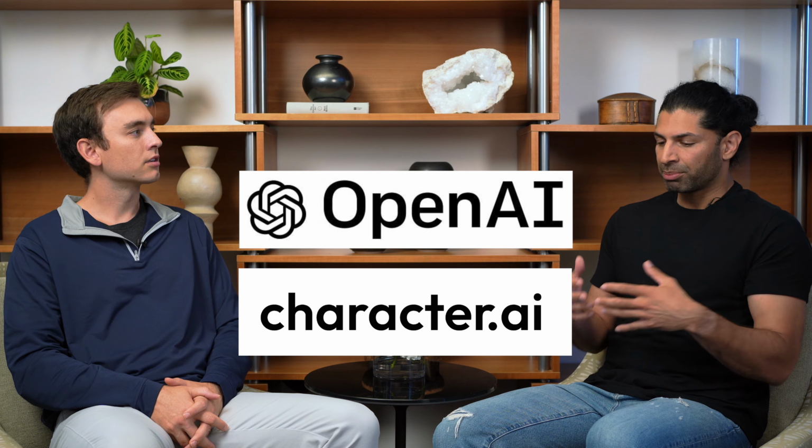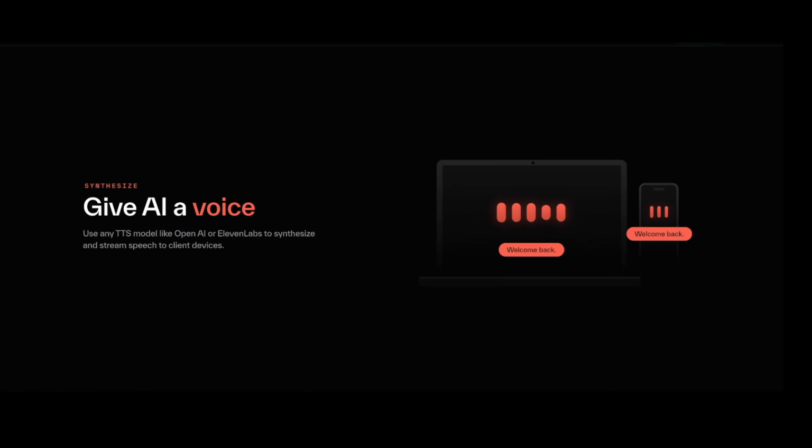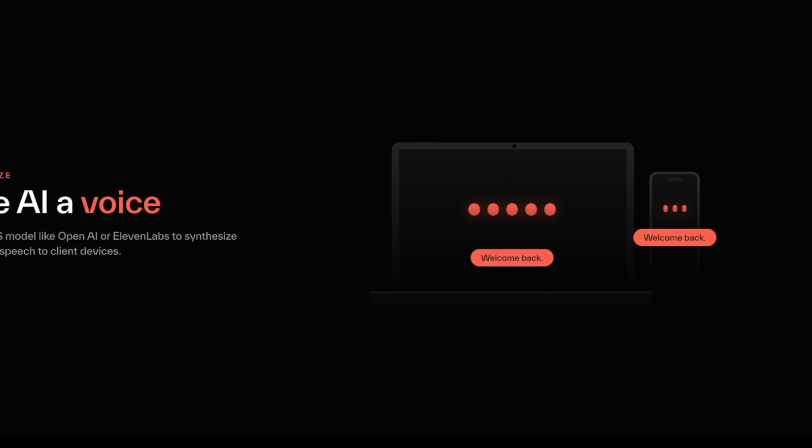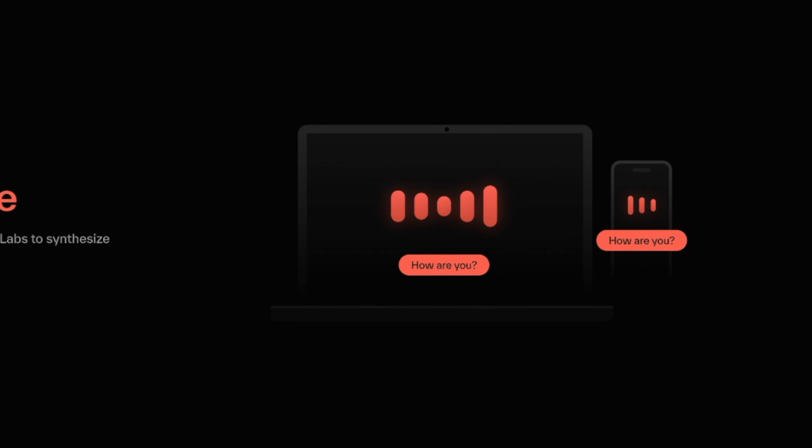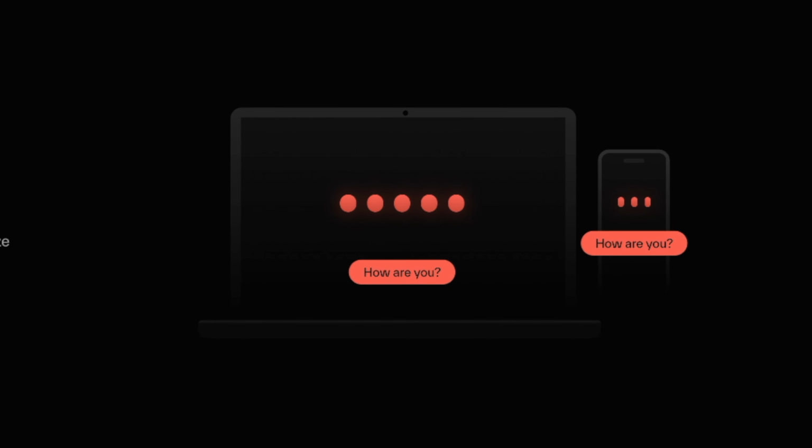So another amazing use case, that also touches upon the use of LLMs and AI, is the work that we've done to help support OpenAI and Character AI. Both of those companies recently, in the last 6 months, launched voice modes for their product, which give you a voice-based interface that you can actually speak to and get responses from an LLM.